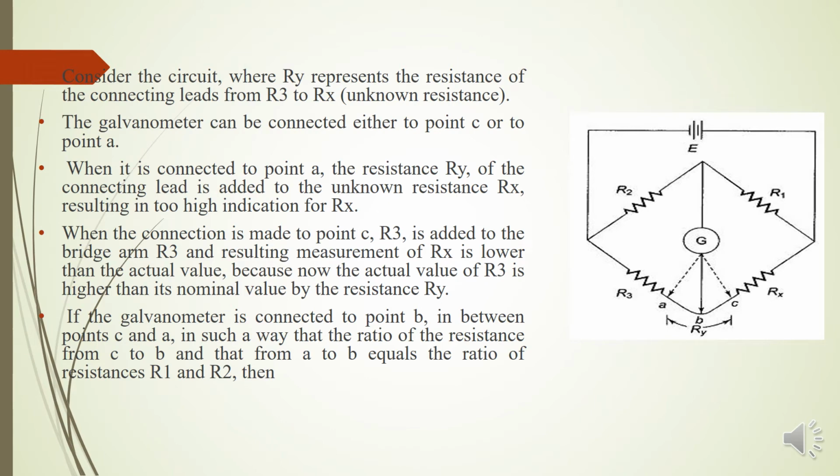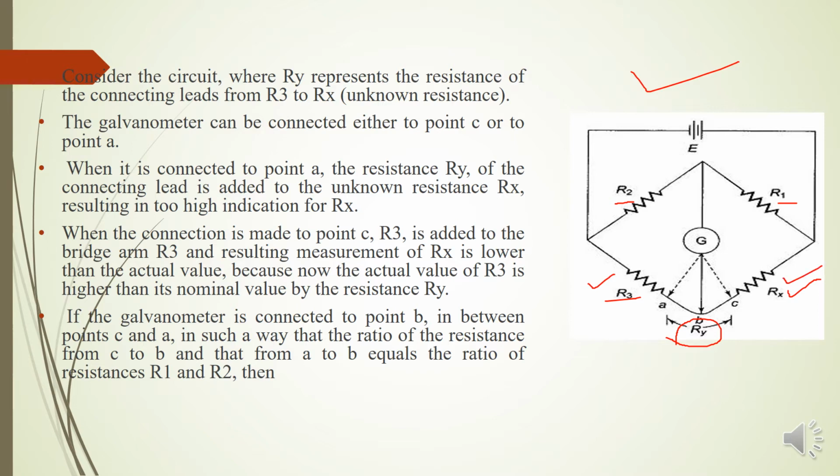Now coming to the analysis of Kelvin bridge, the diagram shows you the arrangement of Kelvin bridge. We have used here 4 resistors: R1, R2, R3 of known value, and Rx is a variable resistor. Here we can use a decade resistance box. Now consider a resistor Ry, which is the resistance between the connecting leads of R3 and Rx,